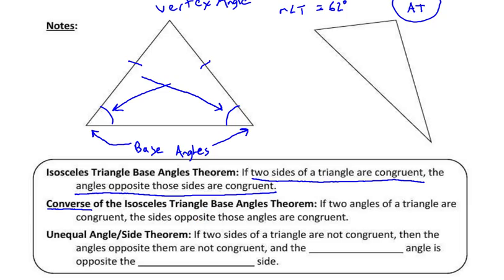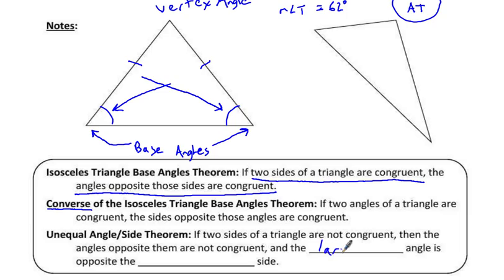The next triangle that I have over here is a scalene triangle. In a scalene triangle, all of the sides are not congruent, but this could also work in an isosceles triangle, to figure out which angles are larger or smaller and the sides the same. So if two sides of a triangle are not congruent, then the angles opposite them are not congruent, and the